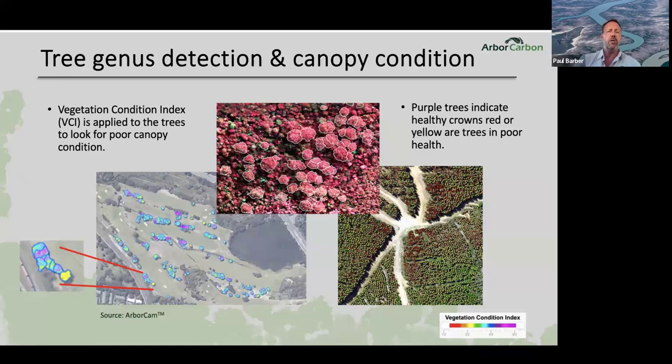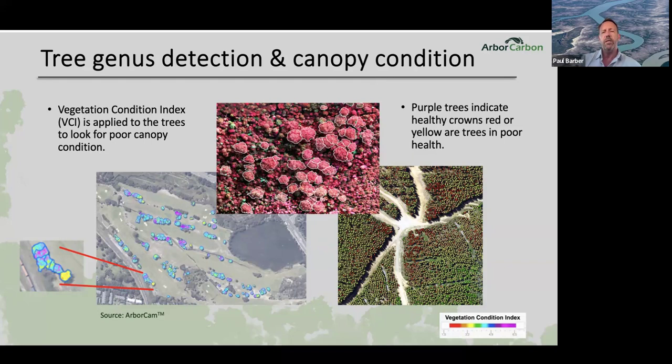Once we delineate the tree crowns in our data, we can start to label them if we have information about their identification. If not, we can use some of the information to ID trees through an AI approach on our data. And then we can start to extract information on the health of each of those trees. You can just imagine how long it would take to go out on the ground and measure, particularly in impenetrable forest, the crown health of trees. It's a very difficult task as it is. It's subjective, it's qualitative. So we're developing these methods to make sure it's repeatable, quantified, and objective.